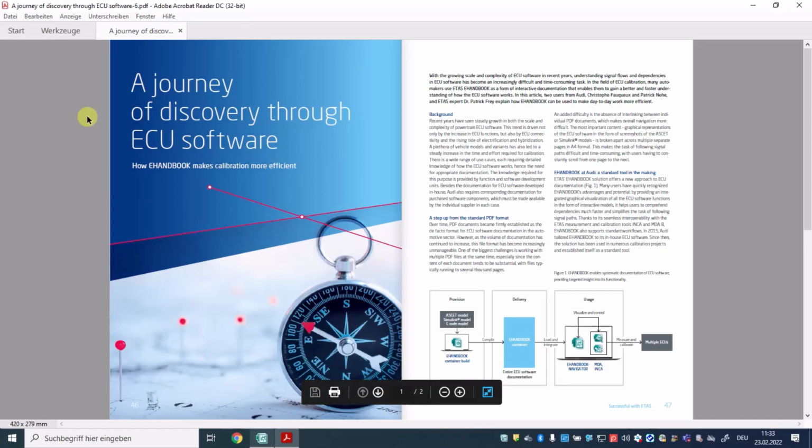Note that the attachment will be opened outside of eHandbook Navigator in the default application that is associated with the file type. For example, PDF documents will open in Adobe Acrobat Reader, Word files in Microsoft Word, etc.